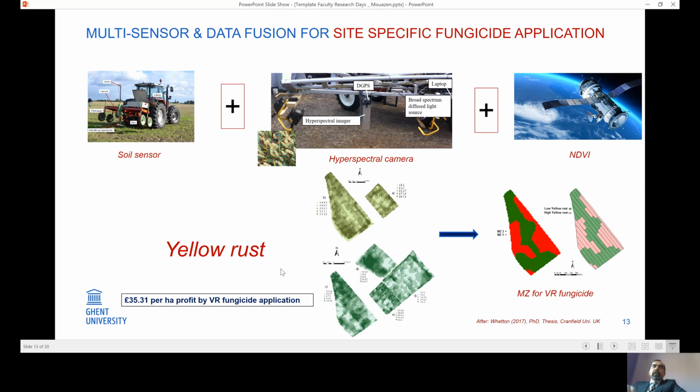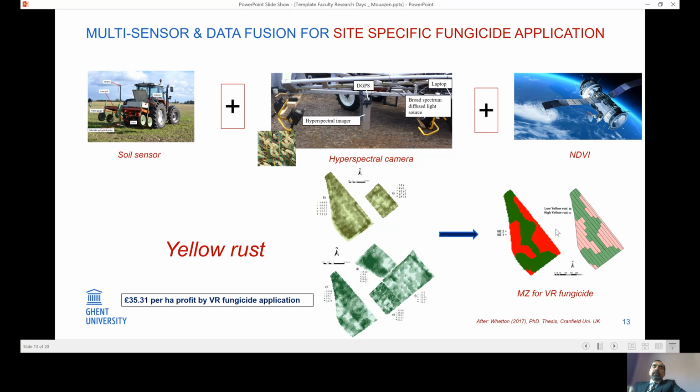Another example, we have fused the data on soil with data on crop measured by hyperspectral camera and satellite data on NDVI. The hyperspectral camera enabled for the first time the online measurement of yellow rust, and then the field was divided into 2 classes. Each class either has low yellow rust or high yellow rust, and each of those will receive different rates of